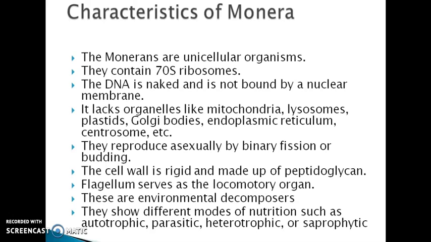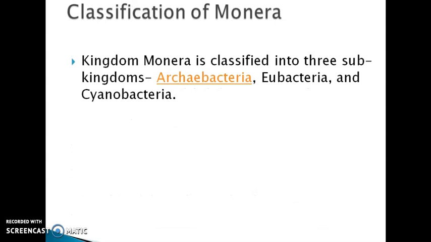They reproduce asexually by binary fission or budding. The cell wall is rigid and made up of peptidoglycan. Flagellum serve as the locomotory organ for monerans. These are also the environmental decomposers and they show different modes of nutrition such as autotrophic, parasitic, heterotrophic or saprophytic. Kingdom Monera is classified into three subkingdoms: